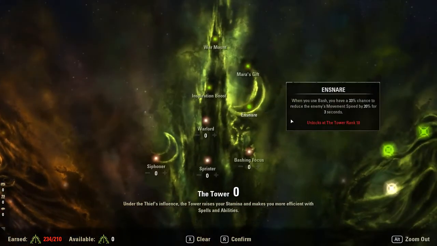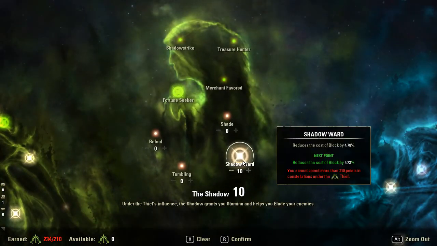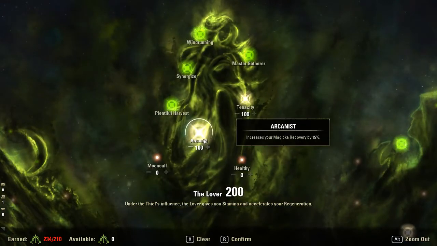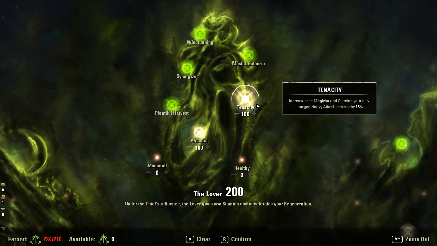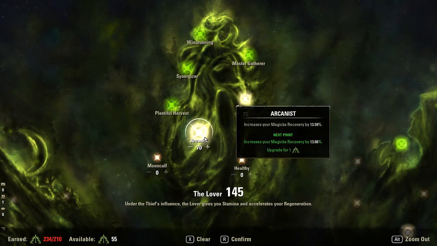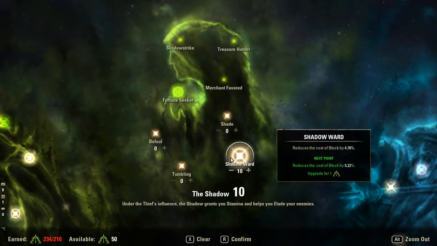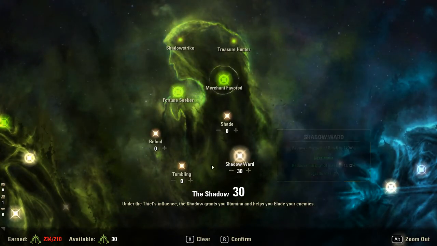Now Greens got nerfed heavily this patch. Everything is kind of useless for Sustain except for Arcanist and Tenacity. But if you take 25 points out, you only lose 1%. So if you want to take 25 points out of one or both of these, feel free to, because you won't lose that much. So you have 50 points to play with, to put into Shadow Ward, reducing the cost